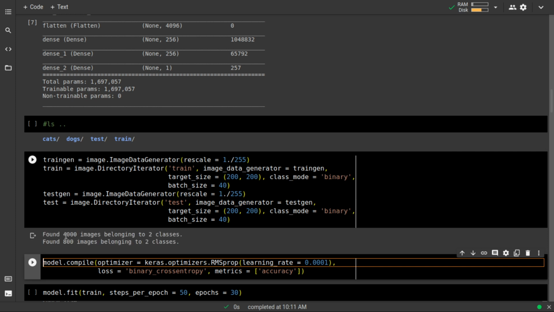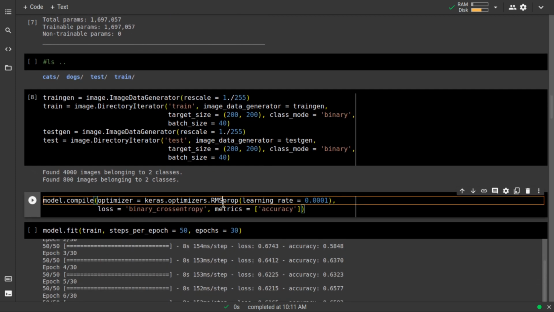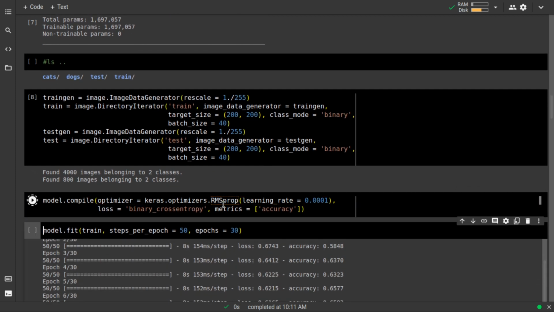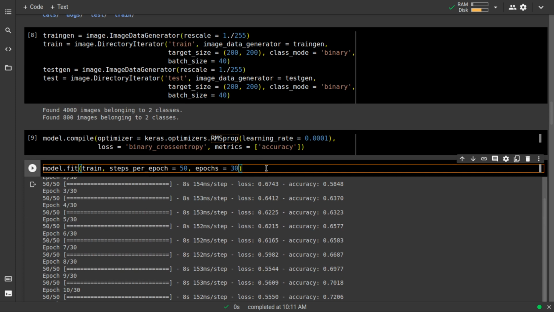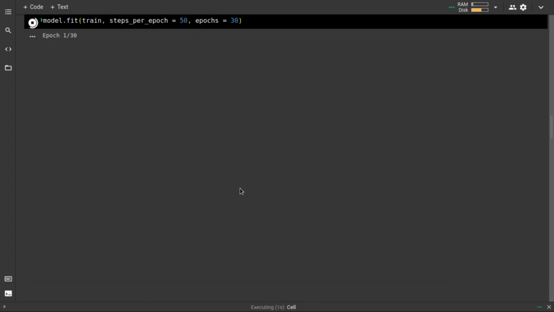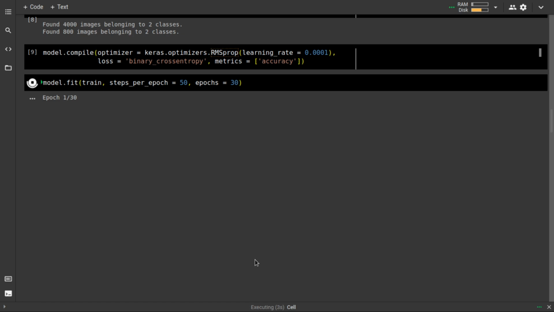As you can see, it found 4,000 images belonging to different classes, and 800 test images for two different classes. You don't have to actually use test, I just wanted to put it there so that you know that it is required when you train the neural network. We are not going to train it on test data. Okay, so let's do model.fit, and it is going to take a couple of minutes.